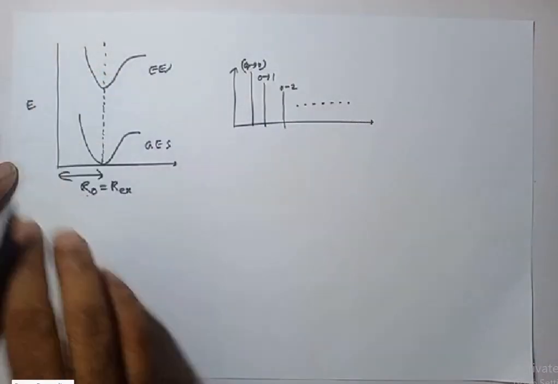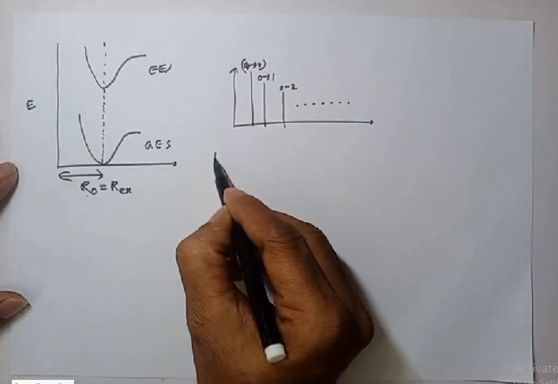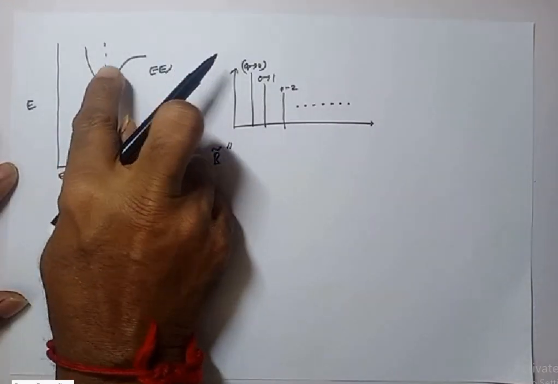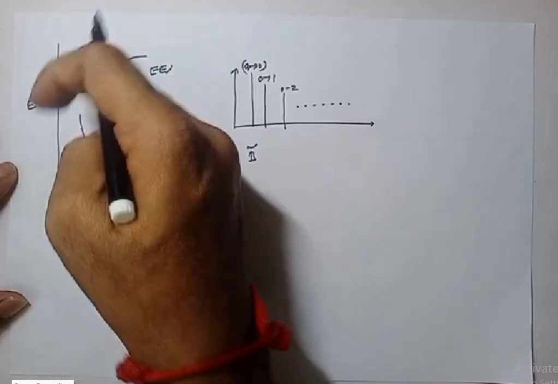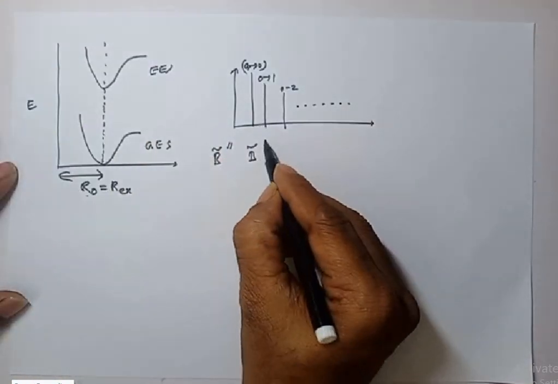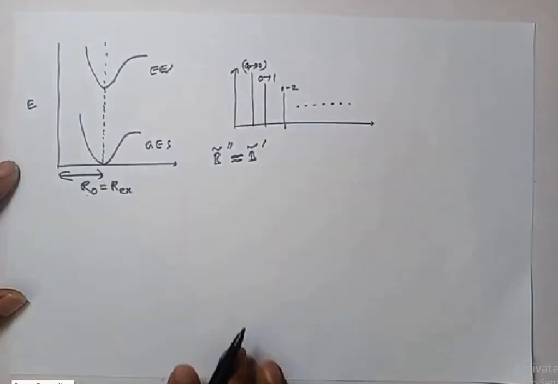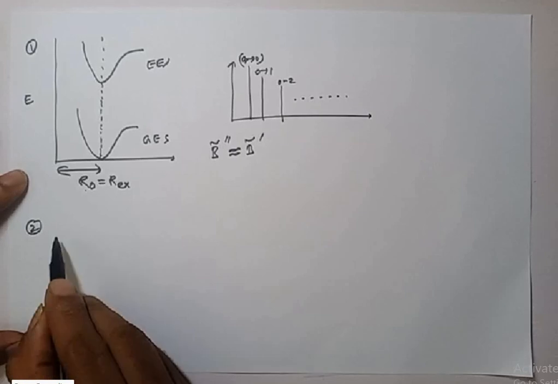And in this case, listen, the rotational constant in the lower electronic state, B double prime, and the rotational constant in the excited electronic state, since the internuclear distances are the same, these values are almost equal. Okay, number 2. Suppose